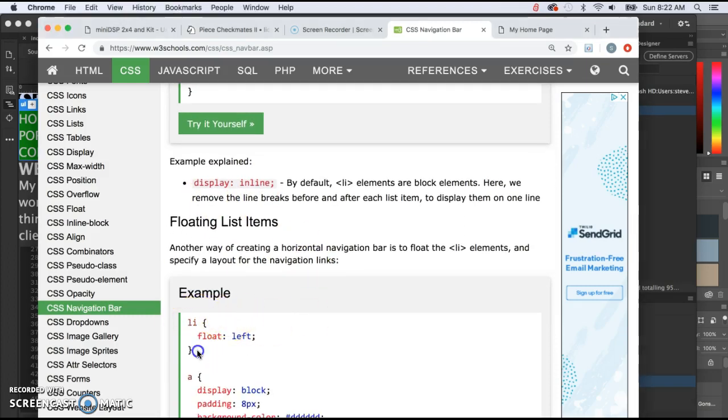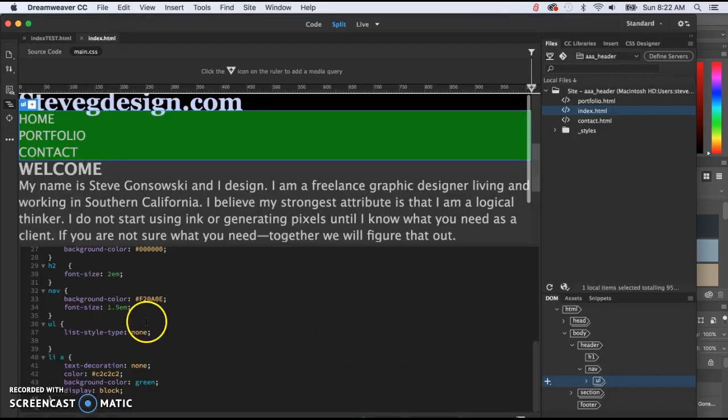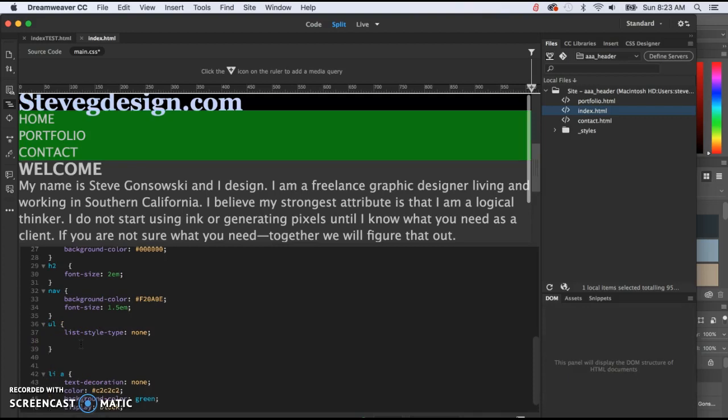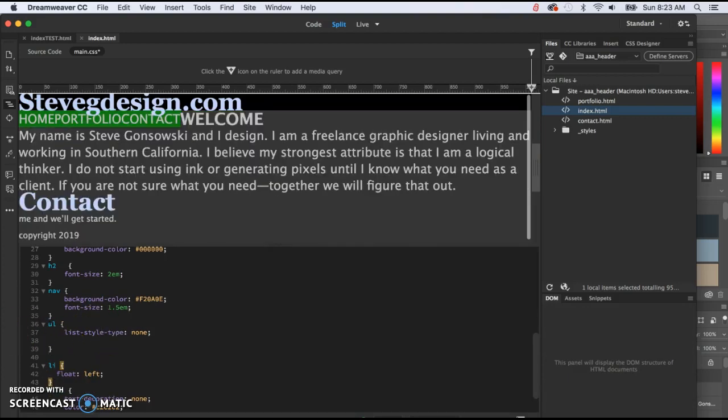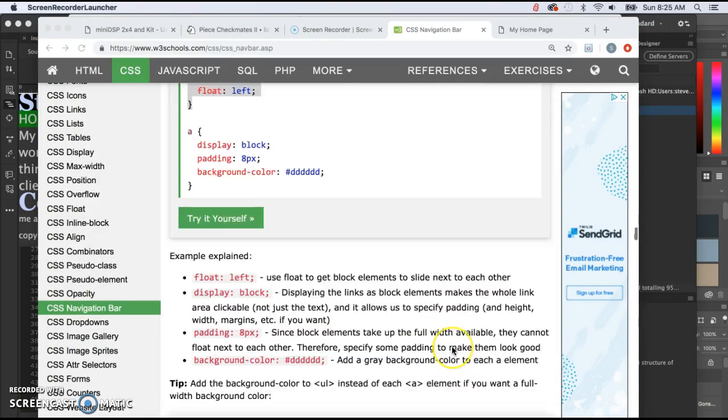So, rather than reinvent the wheel here, let's just copy the code right from the school. Command C, copy, go into Dreamweaver, paste this in, and we'll go right after the unordered list, but right before the anchors for the list items. Paste that in, clean up the code a little bit, and you can see what that's done. Make that look a little bit better,